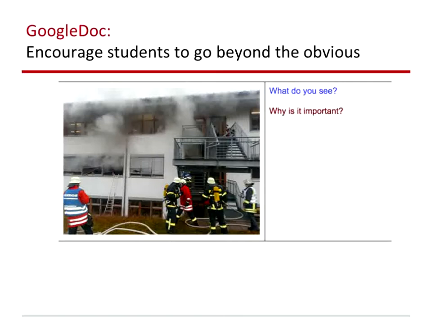Okay, so whenever I ask them what do you see, I encourage them to use all their senses. And for why it's important, I really wanted them to think of themselves as global citizens. Just because this is a situation that happened in another part of the world, how does it connect to me? Just because it happens there doesn't mean that I don't have anything to do with it. I'm part of this global world. Remember the first slide I showed you about the skill of being a global citizen? This takes us back to being a global citizen. That is a skill that students need and should learn to develop.